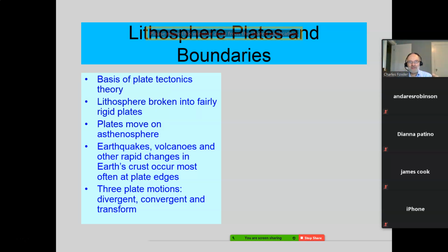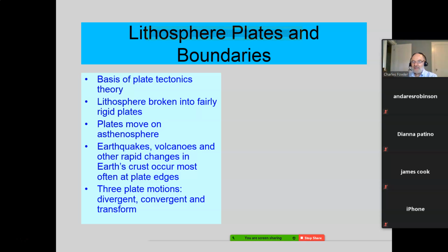We'll see later. There are ridges and there are places where there's faults and things inside the plates, okay? Not just at the edges, but they typically move that way. And when one moves one way but others moving another way, that's where you got problems, okay? Most, not all, but most of your earthquakes, your volcanoes, and other rapid changes in the Earth's crust occur most often at the plate edges. Not totally, most often at the plate edges. We'll see that illustrated shortly.